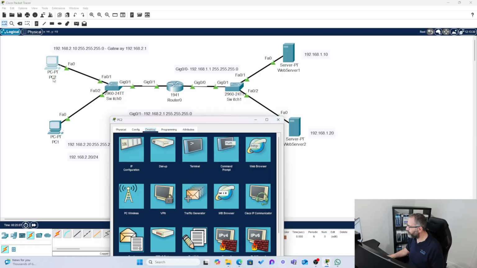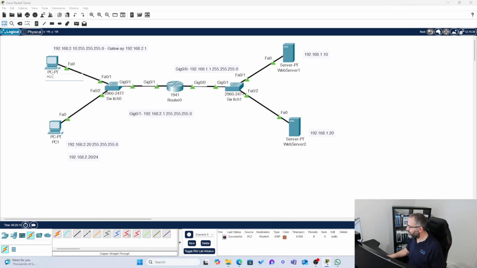Actually, what I might do is change these names around a bit, because that should be PC2 and that should be PC1. And that should be web server 1, web server 2. Okay, that's better. So from PC1,